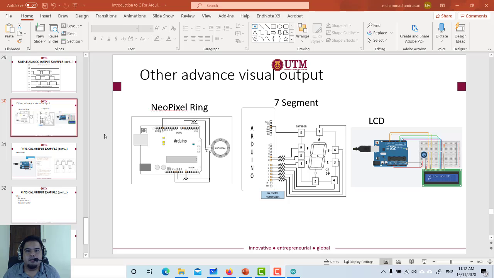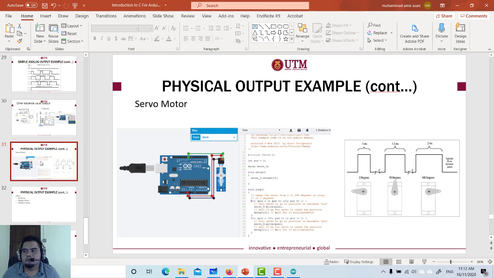Then how about physical output? In physical output, I just show you one example, which is called servo motor. You can also run a normal DC motor as well, but this one I just want to show you how to run the servo motor, because the servo motor is a special motor, because instead of